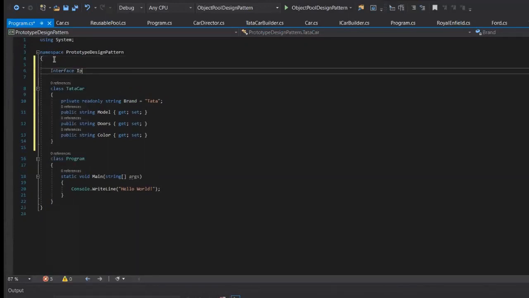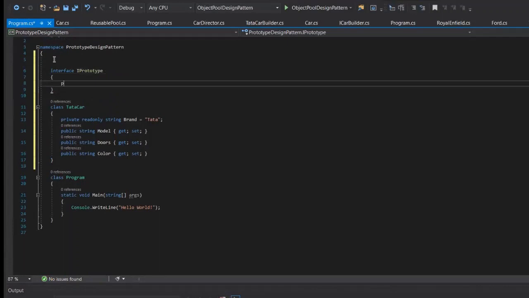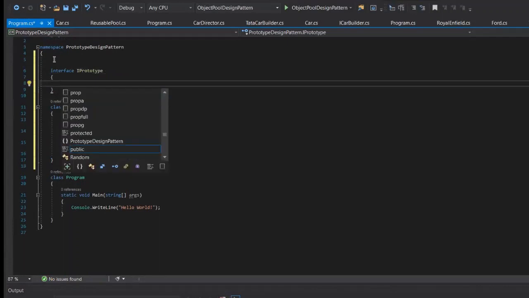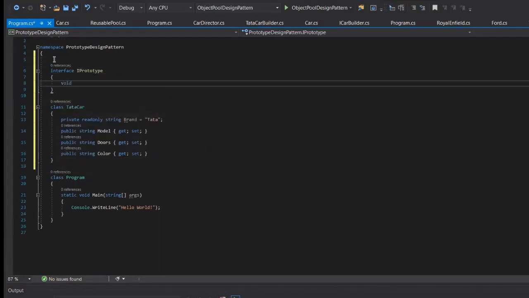Interface IPrototype, and it will have a void method called clone. Not a void method. Let's say it will have an actual method. For this scenario, let's make it for TataCar clone.